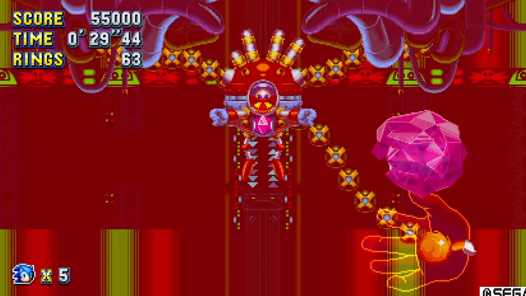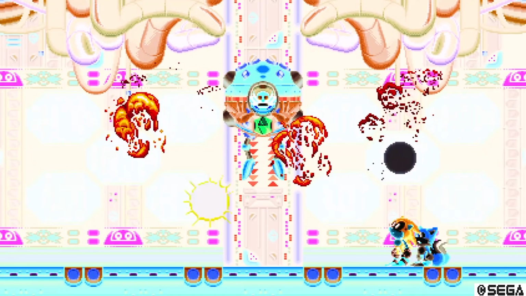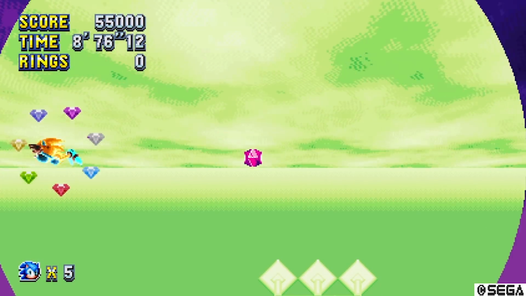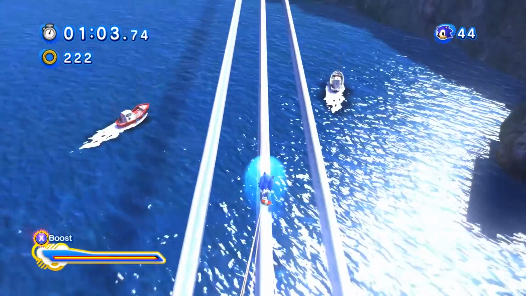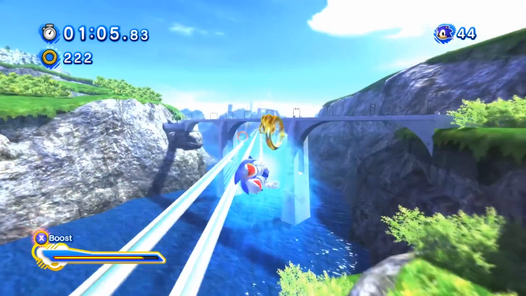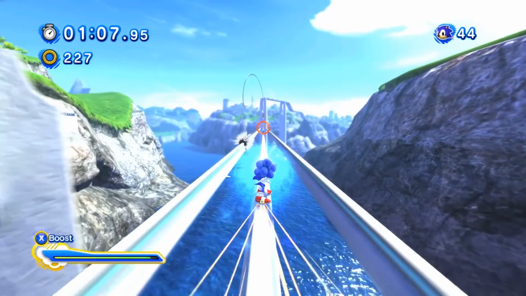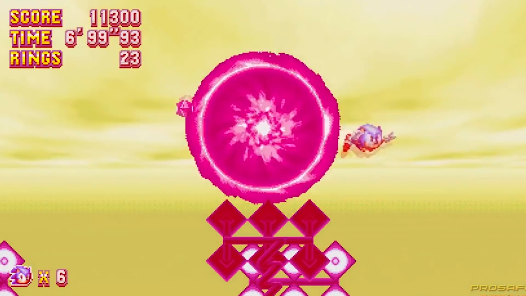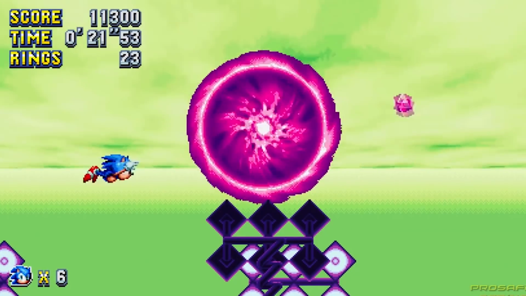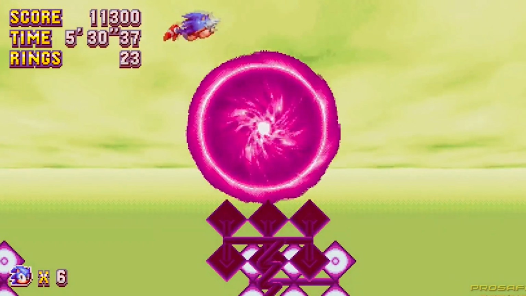Which is strange because throughout the whole game, they've been using this effect where the Phantom Ruby makes all the colors negative. But now suddenly, it's making the screen broken? They have to be hinting at something here. And during the true final boss, just before Sonic and the Phantom Ruby get sucked into the portal that brings them to Sonic Forces, you can see that the Phantom Ruby does this glitchy thing. At first, it may look like it's shining, but if you look closely...